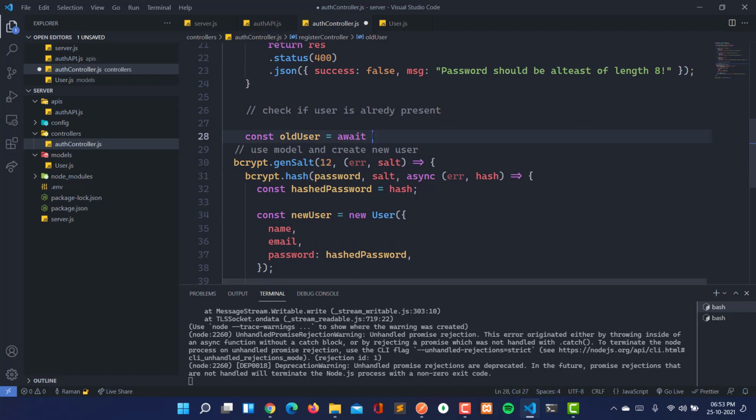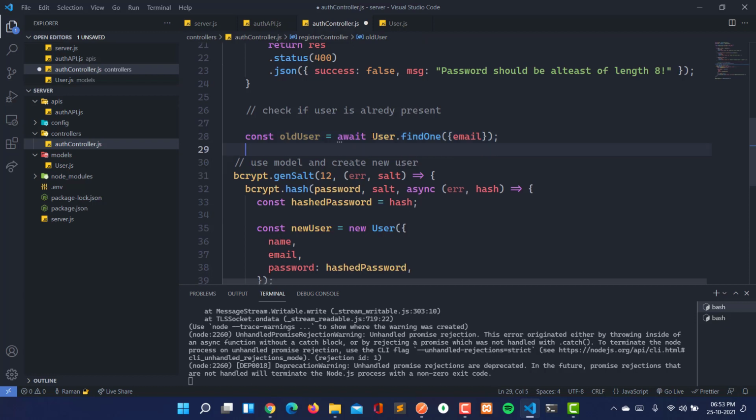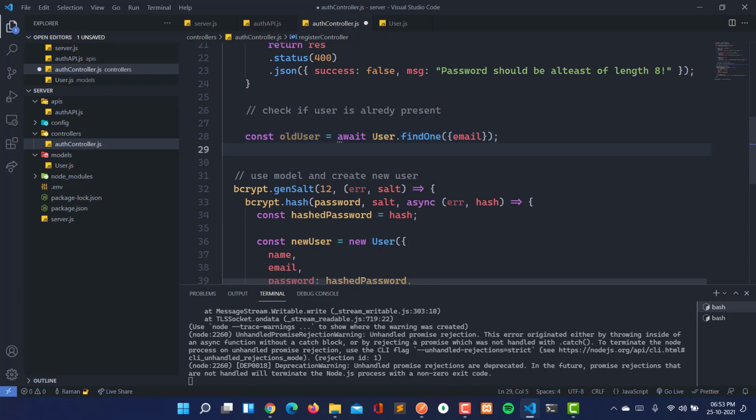Then here we are going to use the model, that is user dot find one, and send the email here, like this. Here we will check if the user is present.